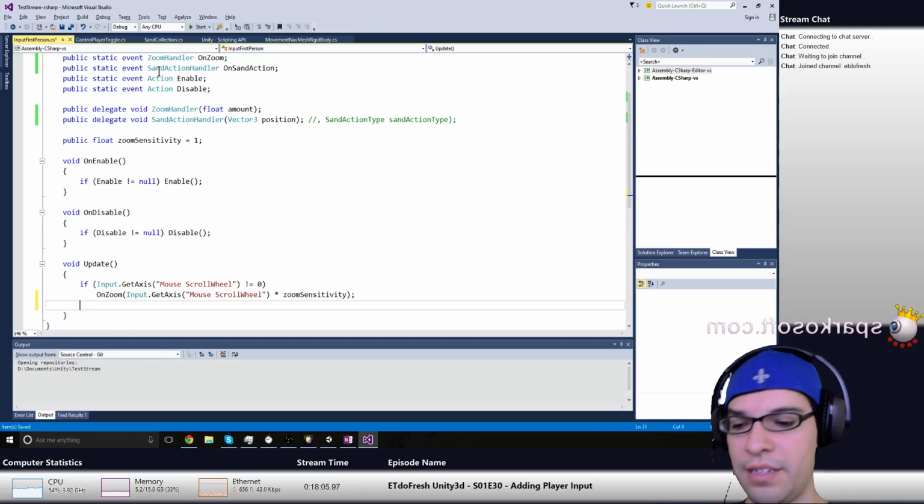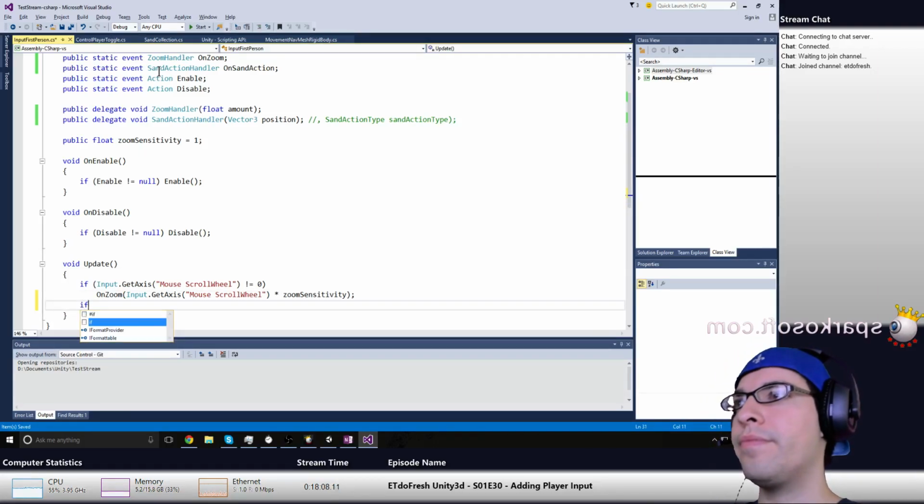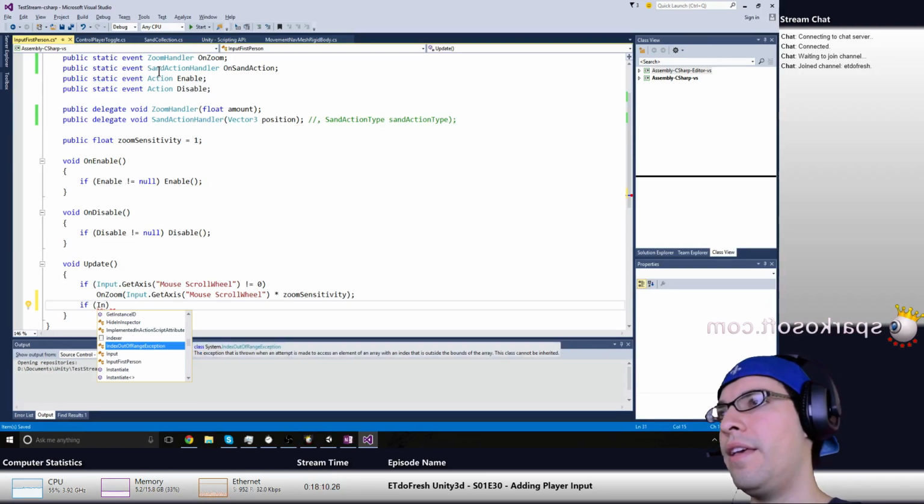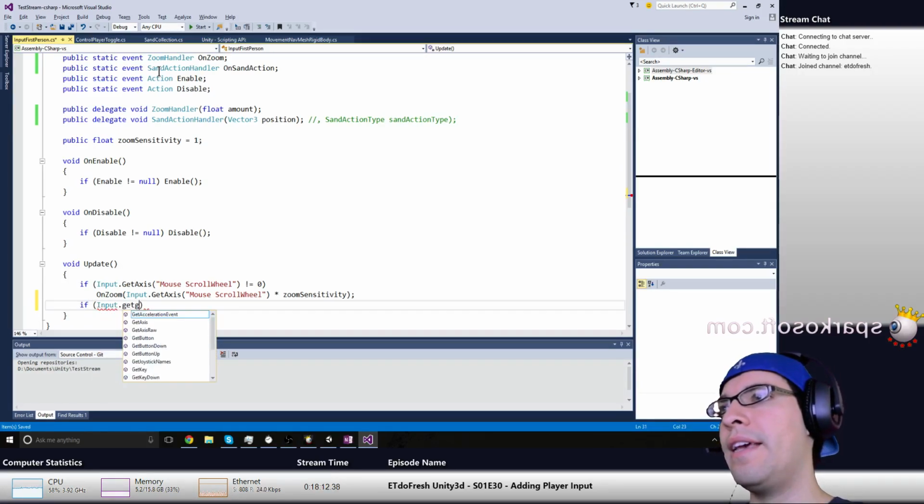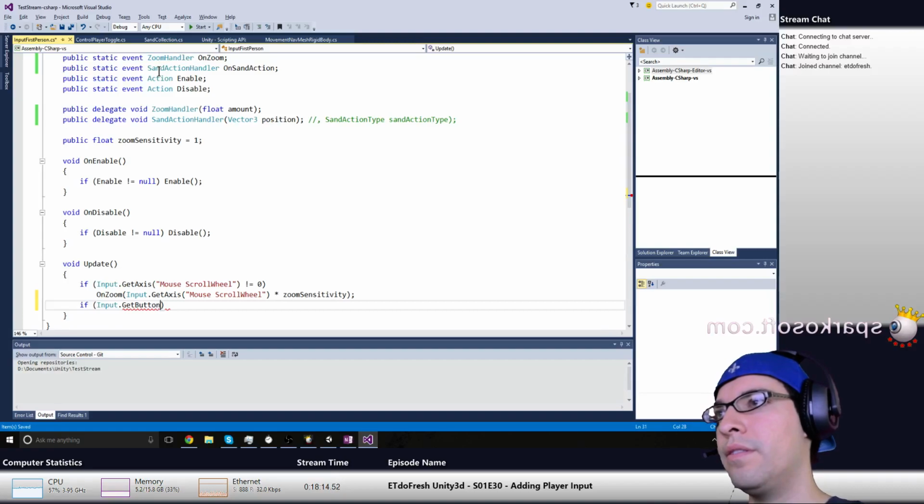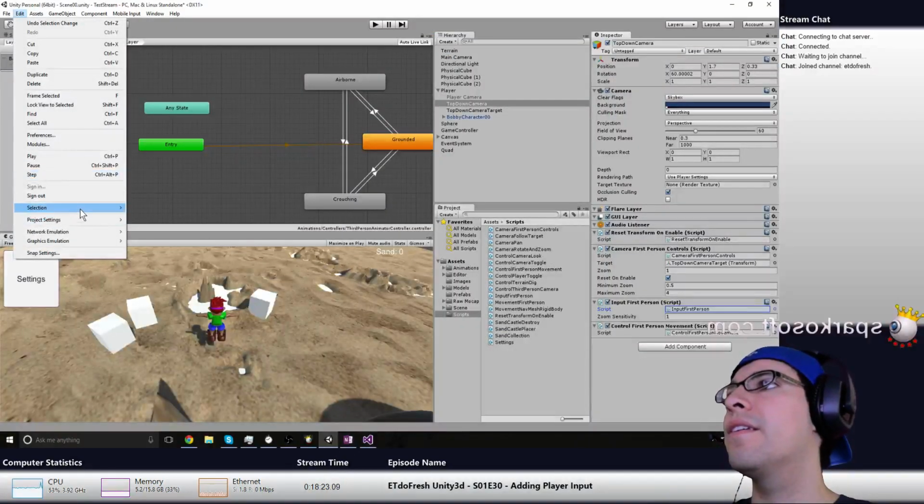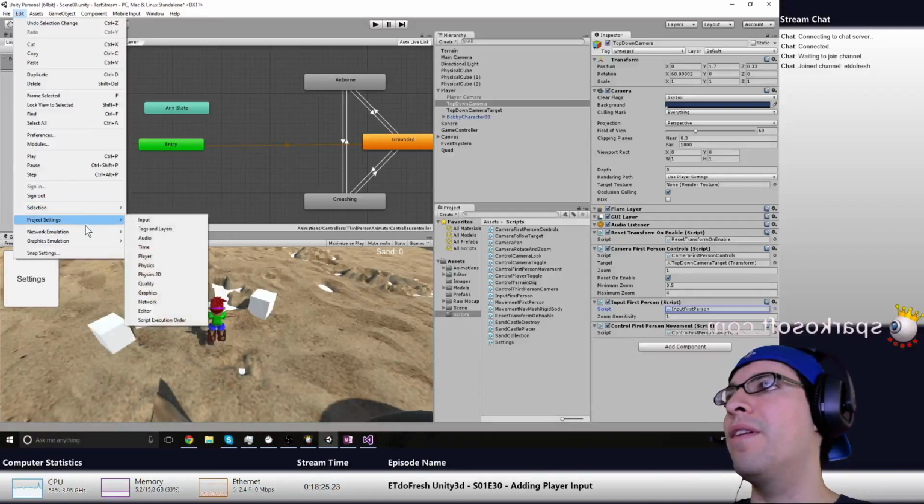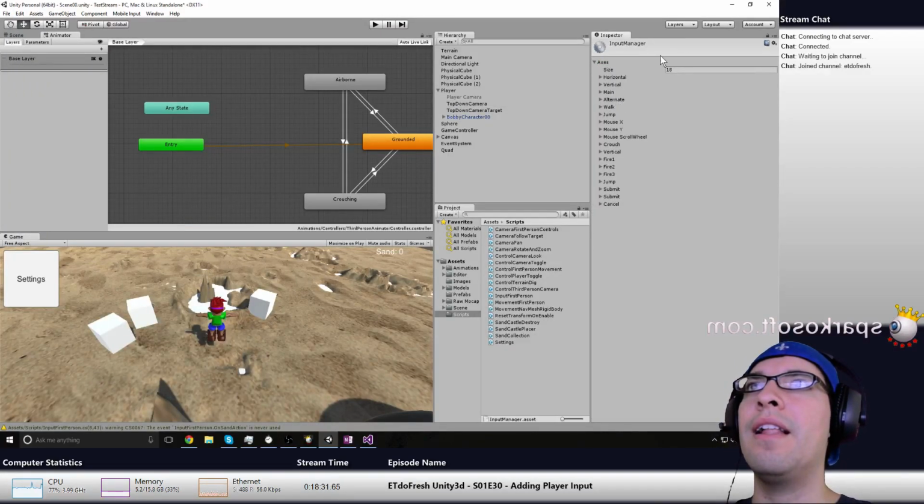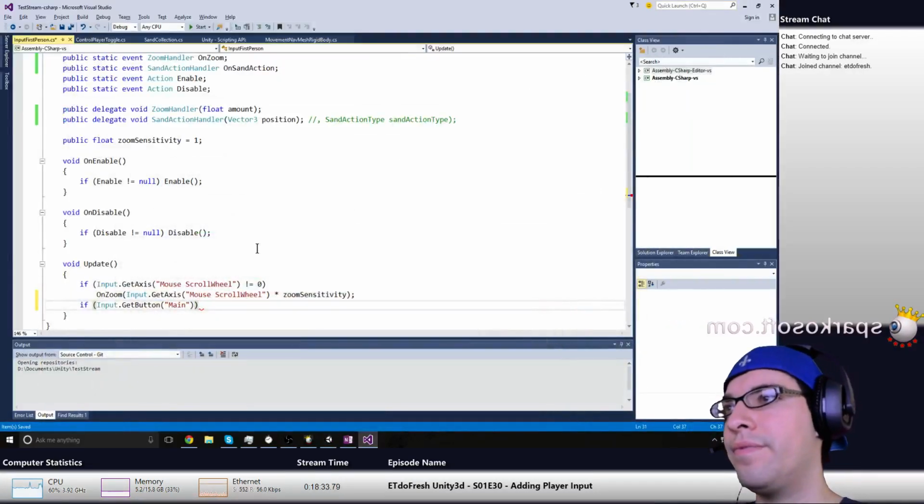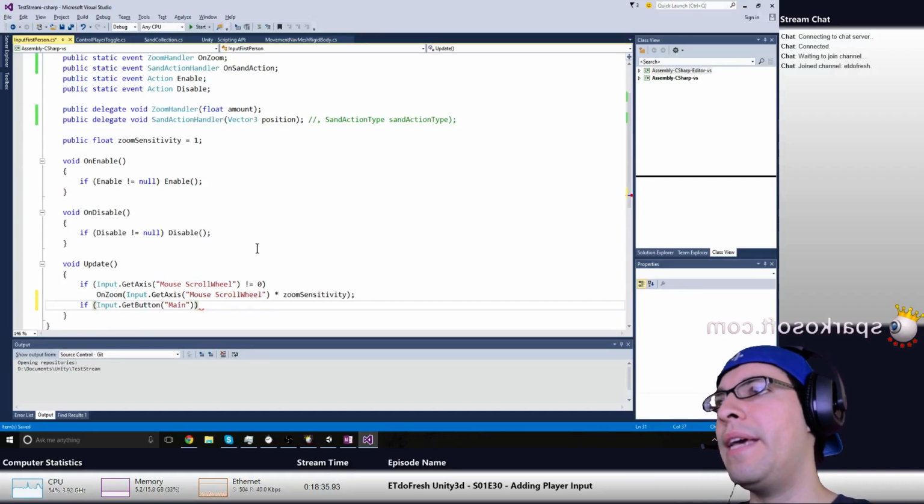And so, if input dot get button, and I think we called it main. Yeah, let's go to Unity. I always forget. Maybe it's better to leave it like fire 1, fire 2, but it's too late now. Already made the changes. Input. Let's call it, yep, main. Perfect. So if you get the button main